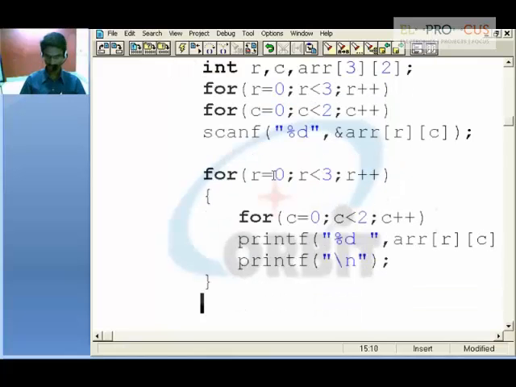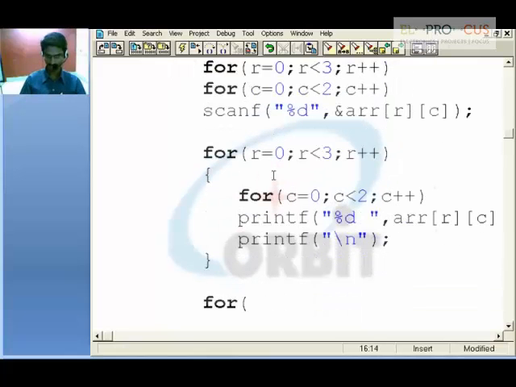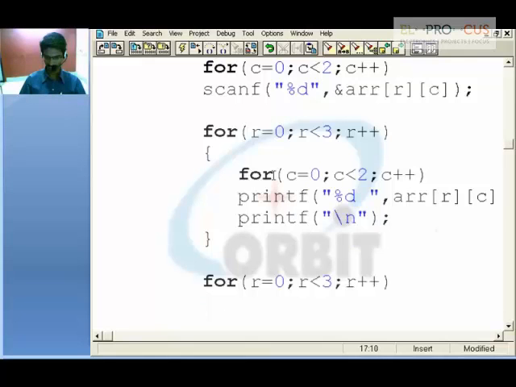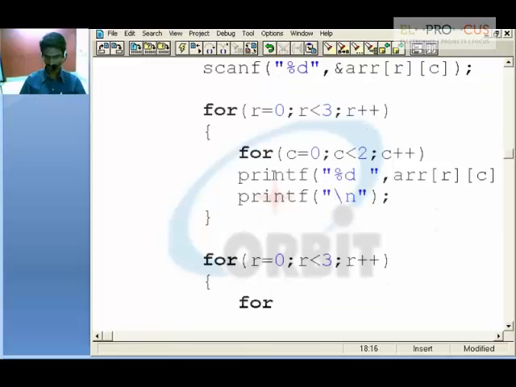Now while printing we will change the row and column. Row is 0 and r less than 3, r plus plus, and for column equal to 0, column less than 2, column plus plus.